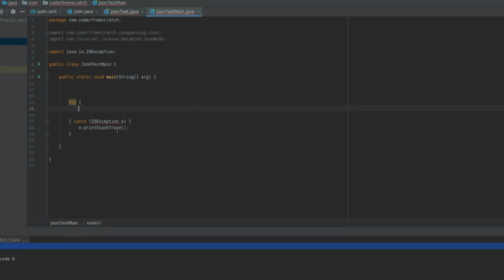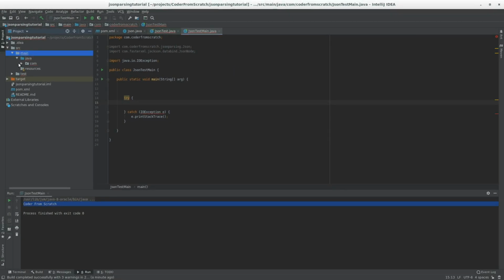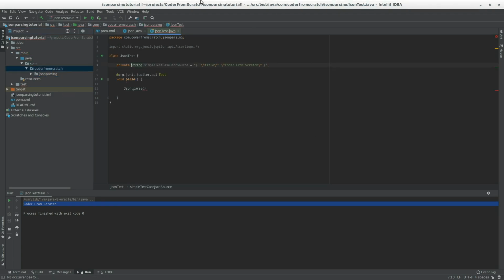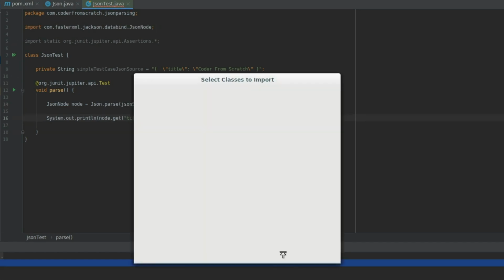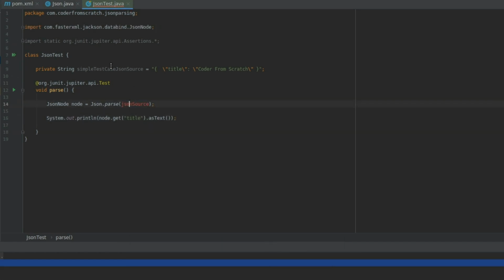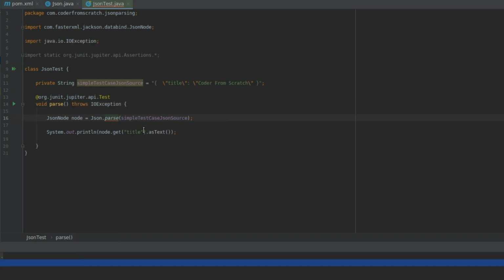I'll do this, and in fact, I'll delete this class right now. I don't want to have it here. Delete, and over here I'll just do this as well. I'll pass the simple test case. I'm going to add the exception to the method signature,